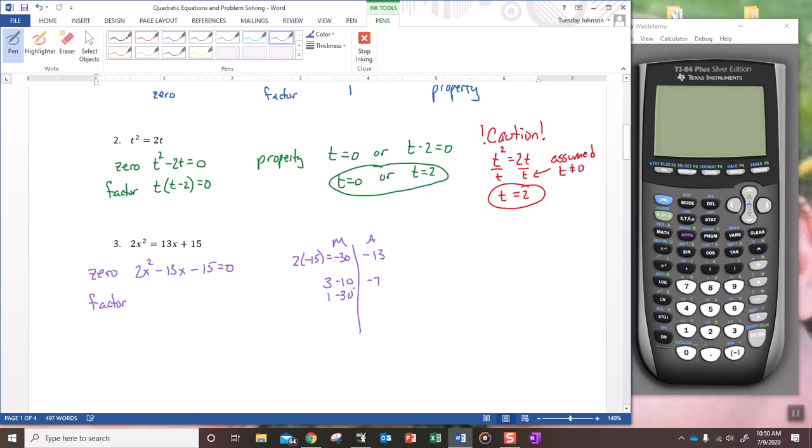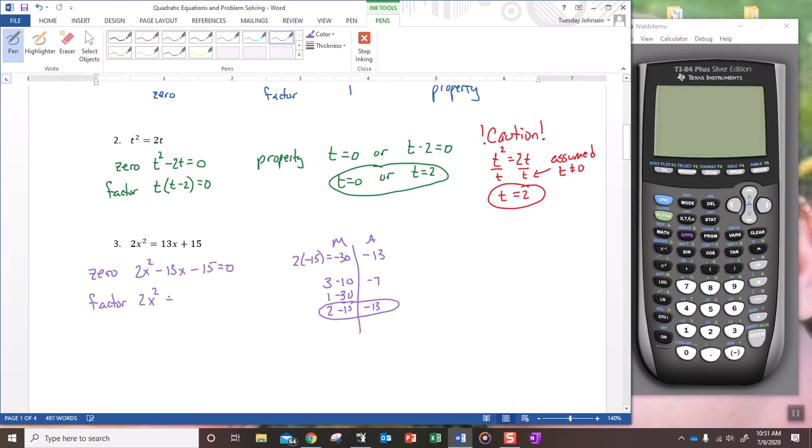I want my result to be negative when I add, so my bigger numbers will be negative. 2 and, oh, look at that. So even though instinct says 3 and 10, because of the sign, we have to be careful as we write that. So in order to factor, I'm going to rewrite 2x squared minus 13x minus 15 as